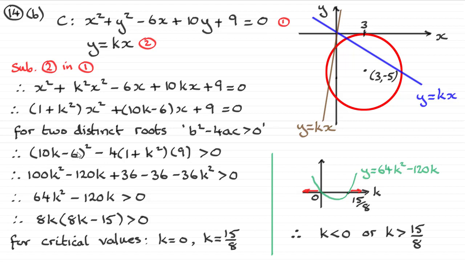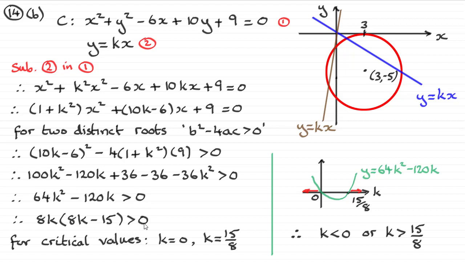Expand this bracket in the usual way and expand this down here, and you should get this line. And I'll group up my terms. K squared terms come to 64k squared. The k term is minus 120k. These two constants cancel out. So we've just got this simple equation here. So I'm going to factorise it, pull out 8k, and then you're left with 8k minus 15 is greater than